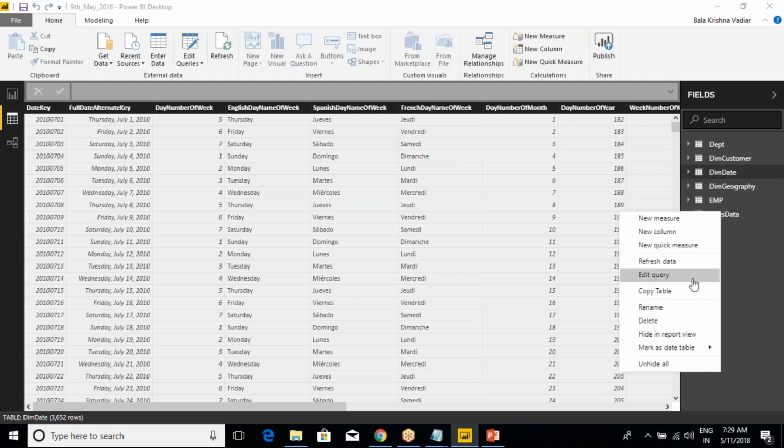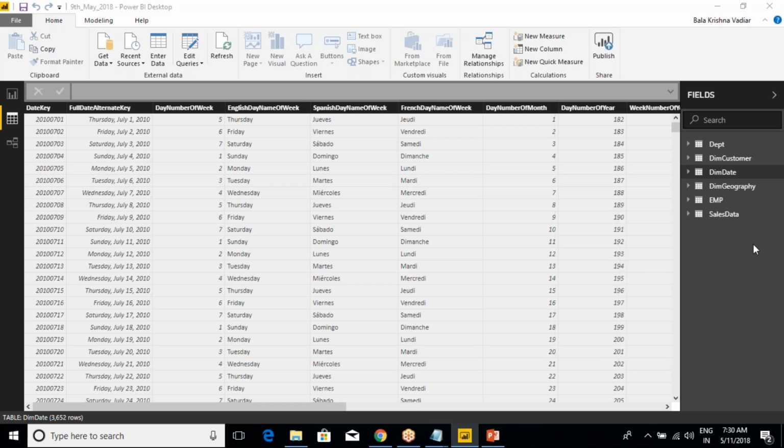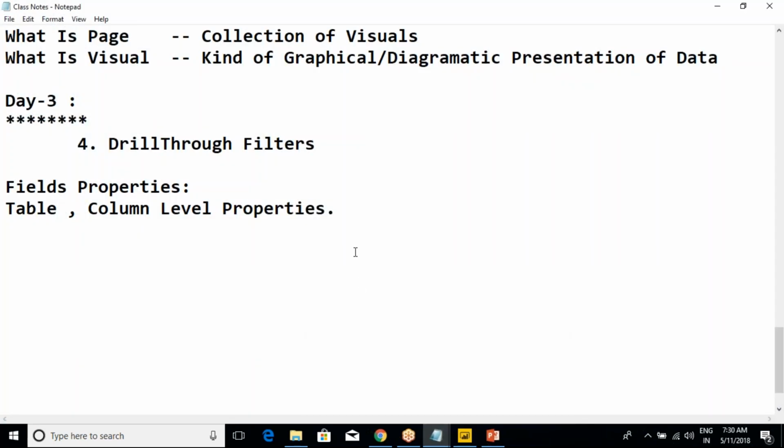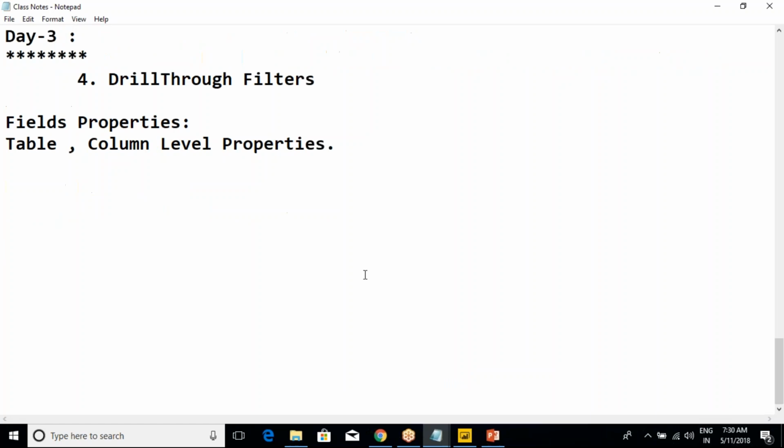So one property we missed out here, as I told you: new measure, new column, and new quick measure. This is a separate topic actually, but I will give just an introduction. New column